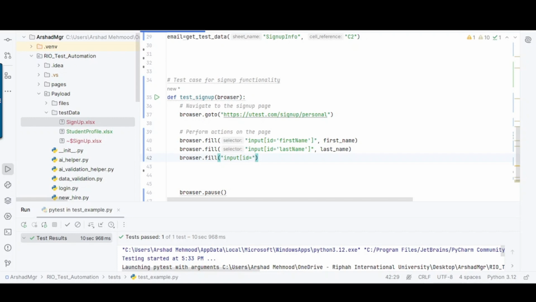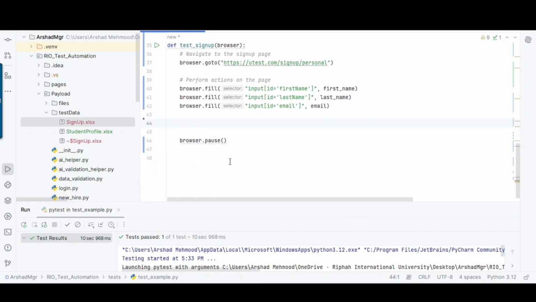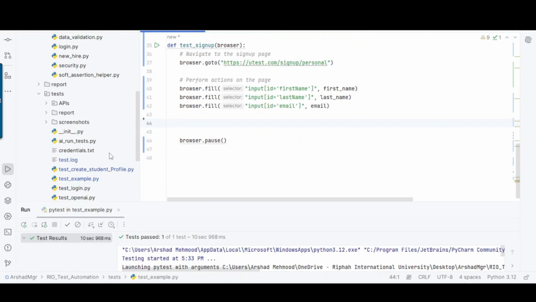So ID is equal to email. That was the ID. So email. Control S. Now run this test